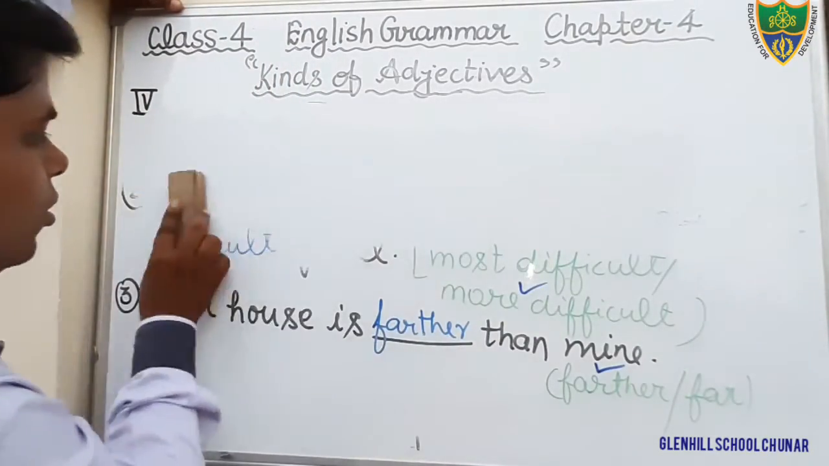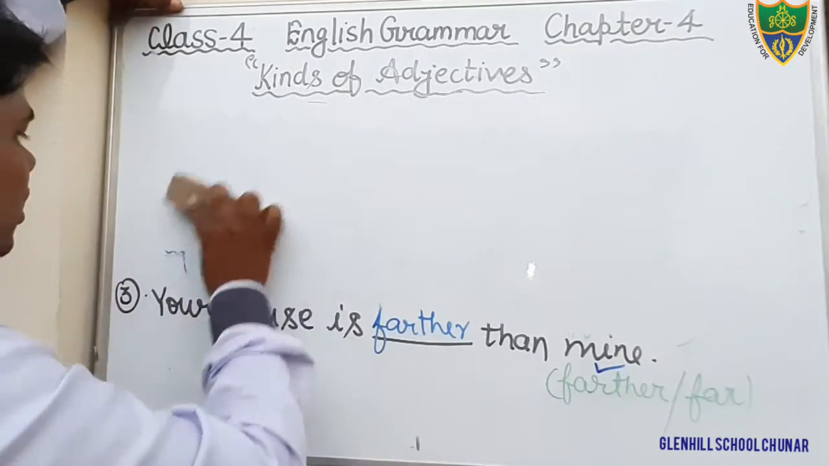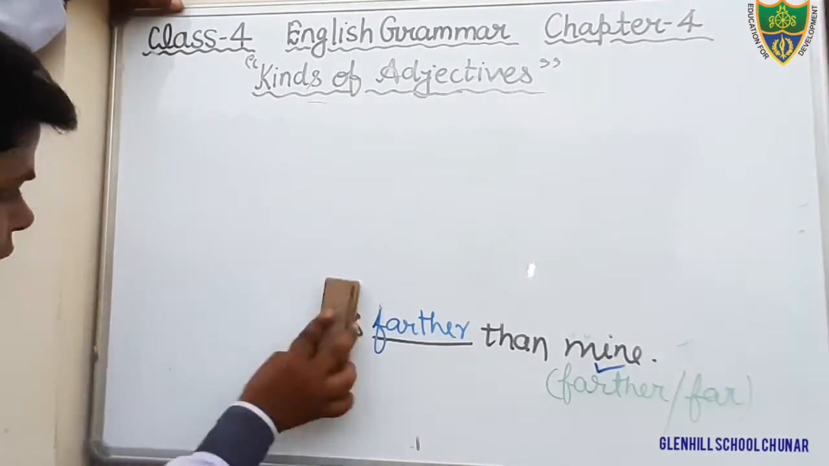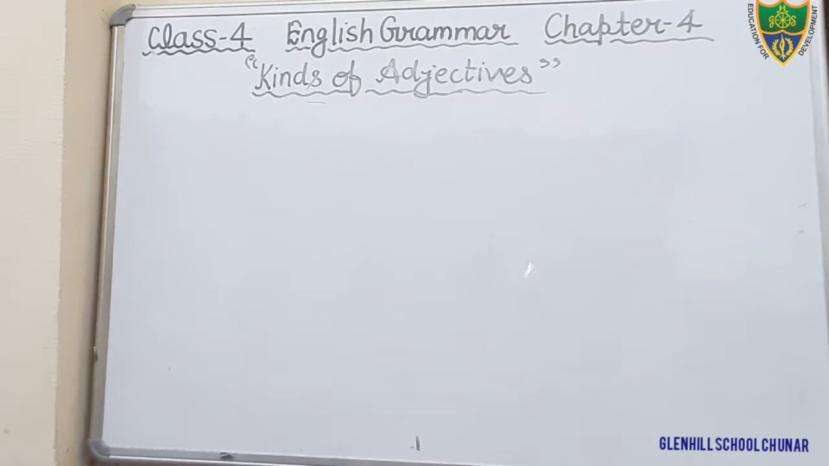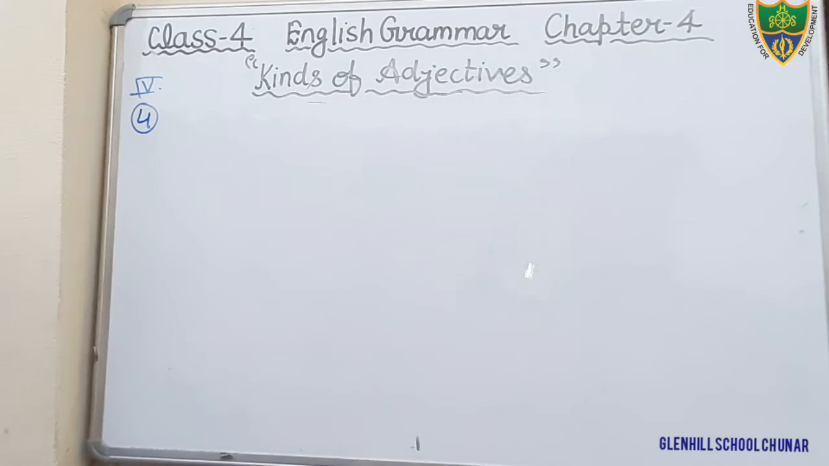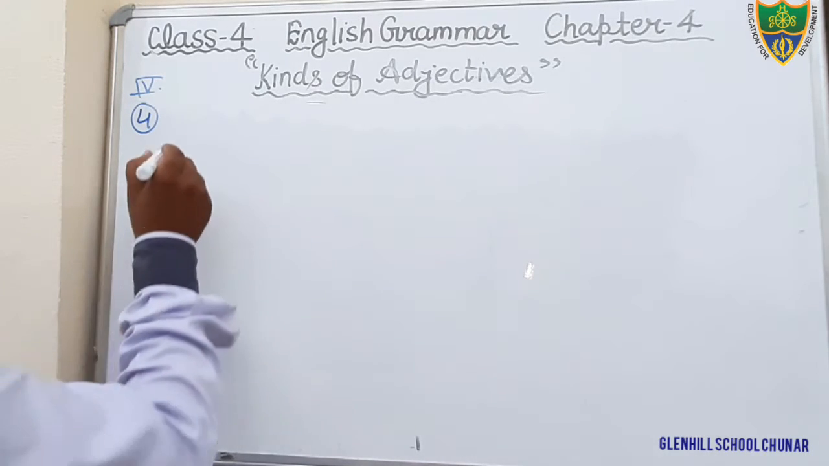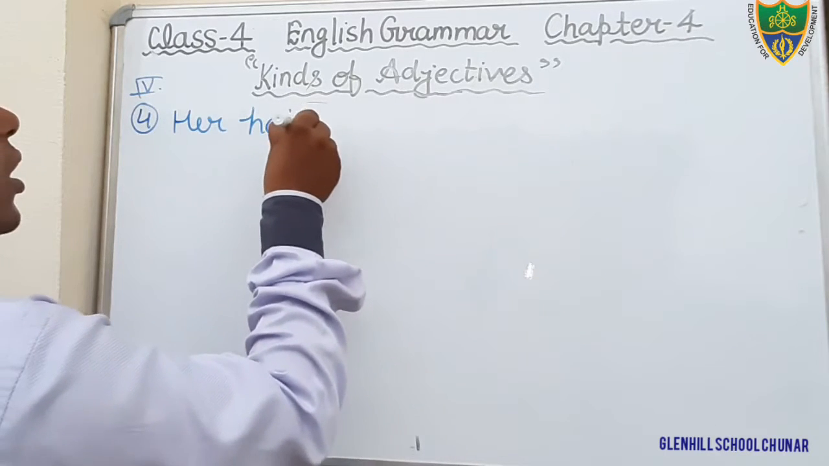Just see the next question. That is exercise number 4, which is given at page number 23. Okay, students, just see question number 4. What is question number 4? That is exercise 4. Her hair is